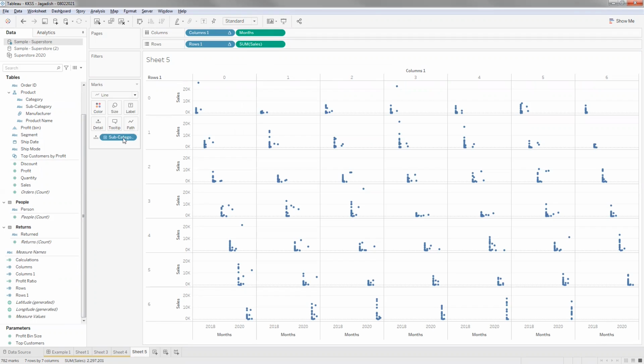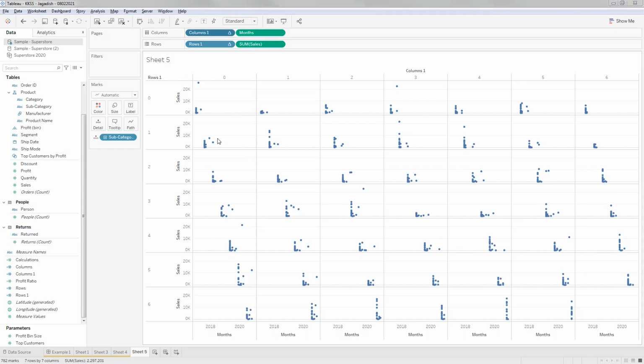Actually, let's come back to this later. As of now, I have put in all the dimensions that are required. Months are there, subcategories are there, sales are there. I have to go back and set these table calculations, set the right scope, so that it will calculate and give me the right result.